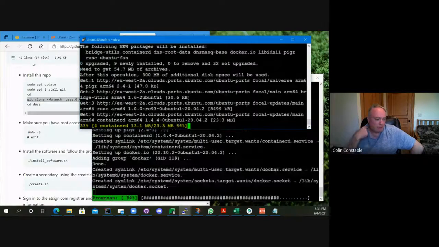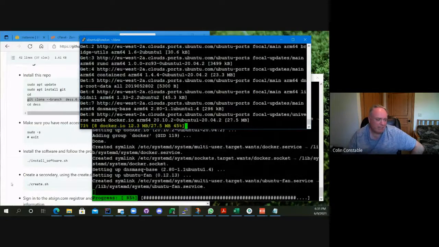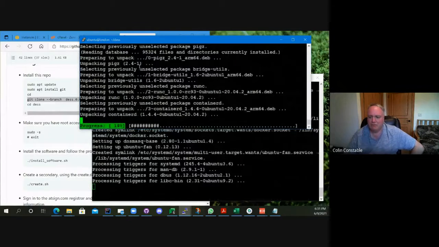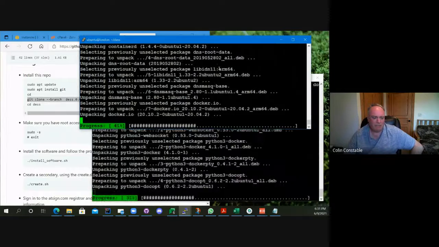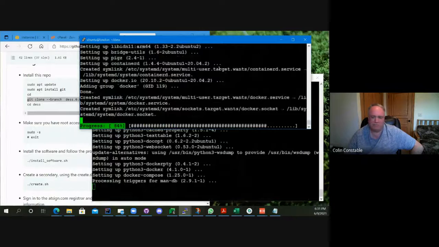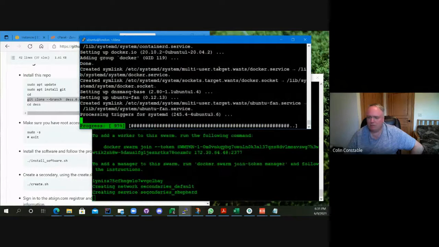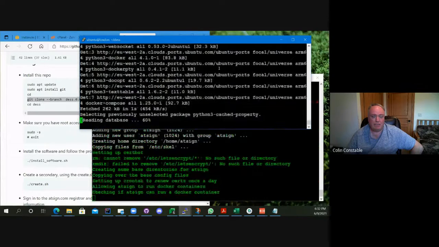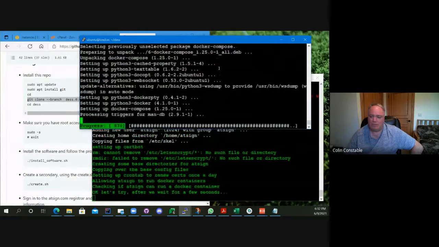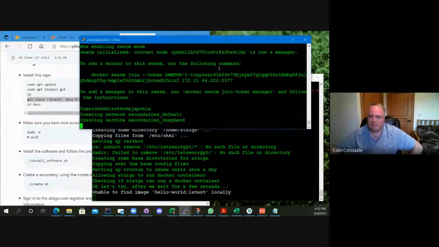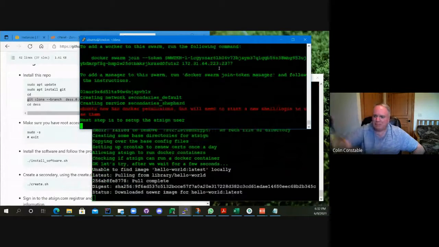The other thing you'll notice is it does say ARM64 here. It's installing ARM64, so we're actually not installing this on an AMD or x86 box. We're installing on ARM 64-bit. The Docker container has an entry for ARM64 and AMD, so you can run this on a regular PC or a Raspberry Pi. I just happen to have one over here, and it runs just fine on our Raspberry Pi.